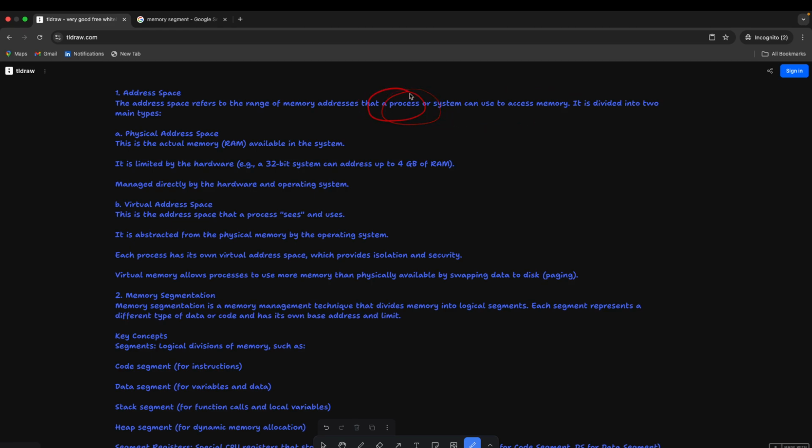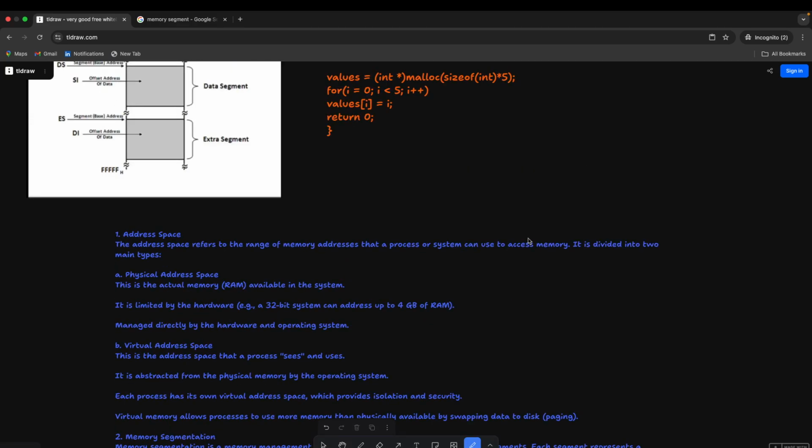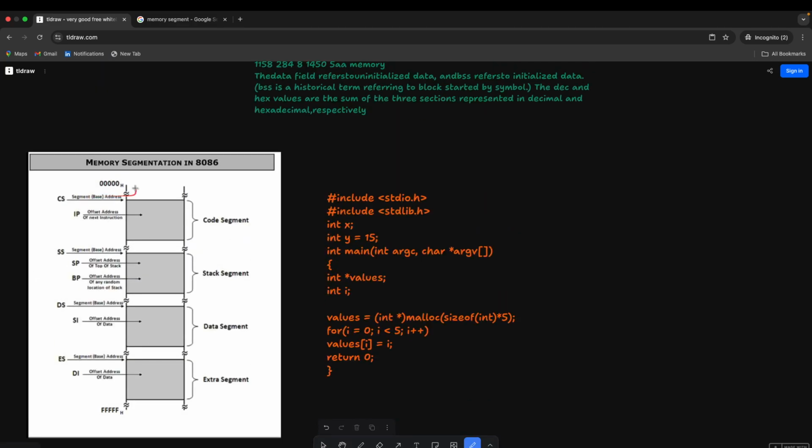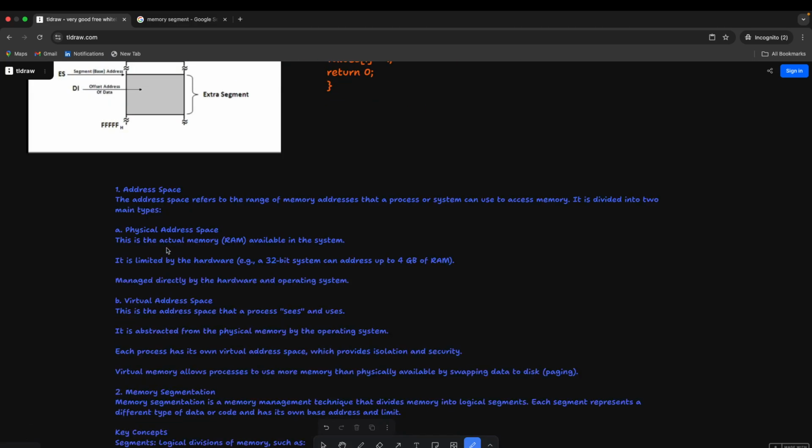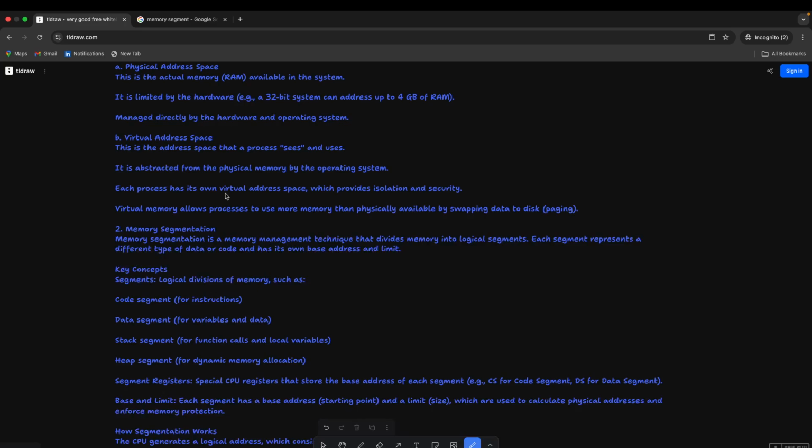Remember, a process is nothing but a set of instructions, or a program. So address space refers to how much range of memory addresses we are going to get, that is the segment address, and what the address should be is what the address space will tell you.